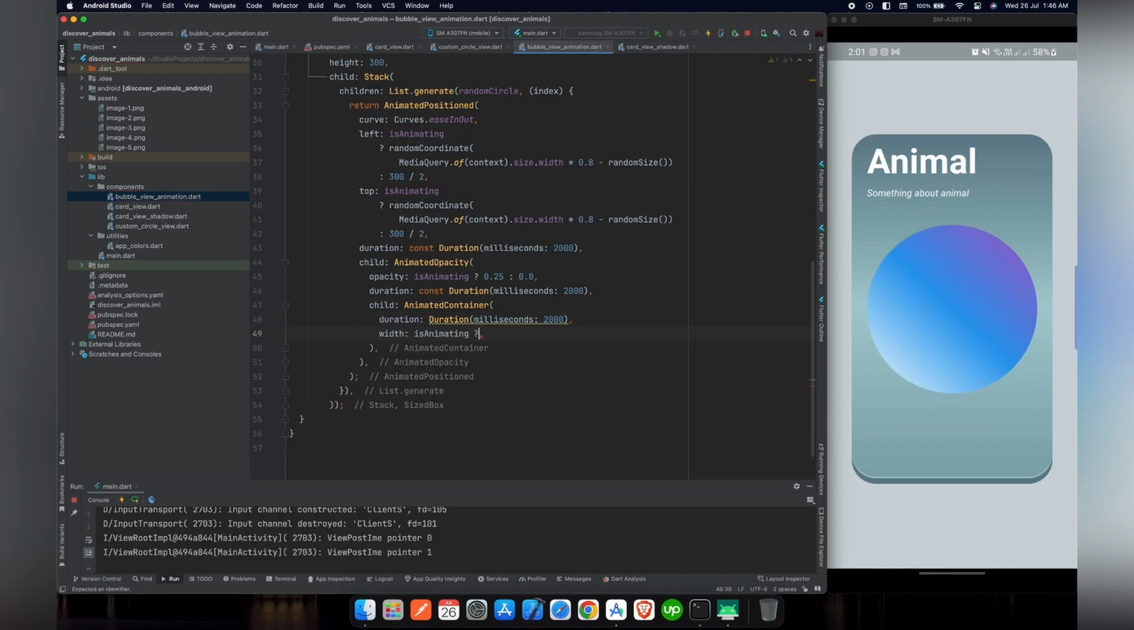For their width we will use the isAnimating variable. If it's true, then we'll give it a random size. If it's not, we will set the width equal to 0. And same goes for the height. If isAnimating is true, we will provide the random size, otherwise 0.0. Now for the child we will pass a simple Container,